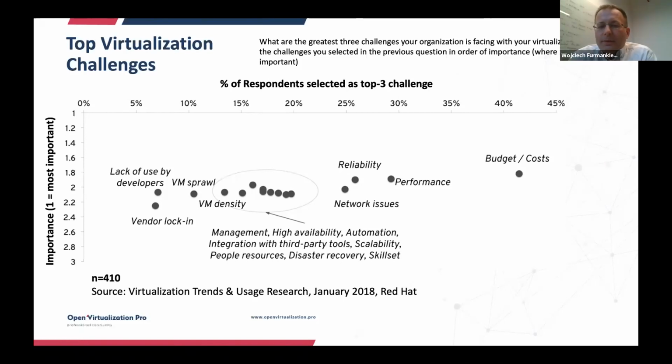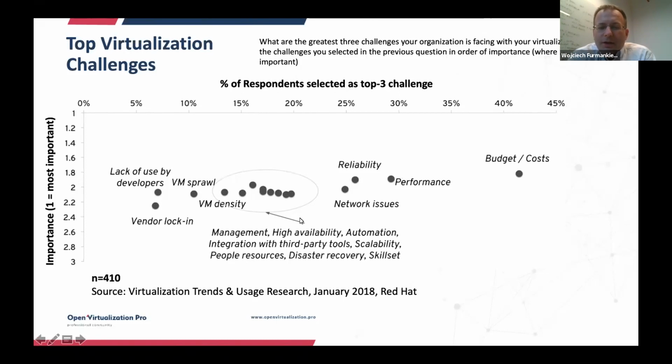Performance, reliability, network issues. In the middle of this circle, there are a number of other challenges, which show that classical virtualization has a lot of gaps in functionality: management, automation, integration with third-party tools, scalability, those kinds of things.